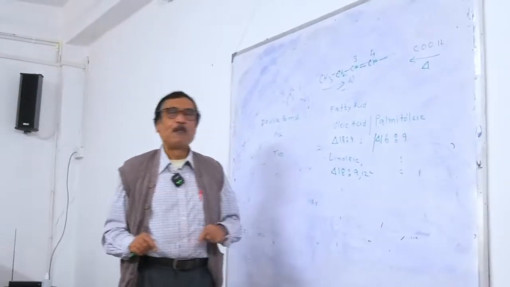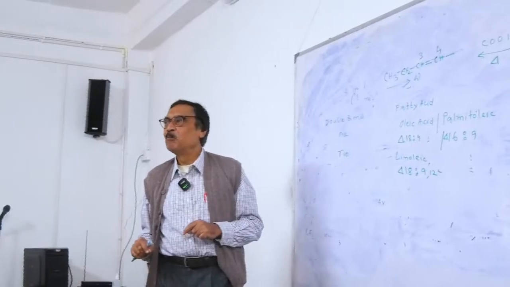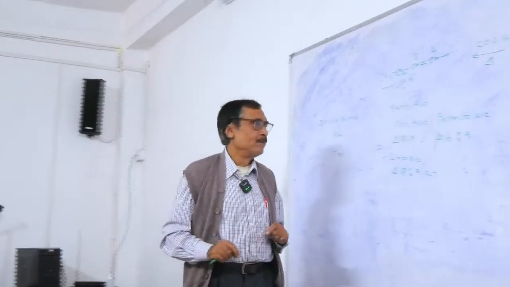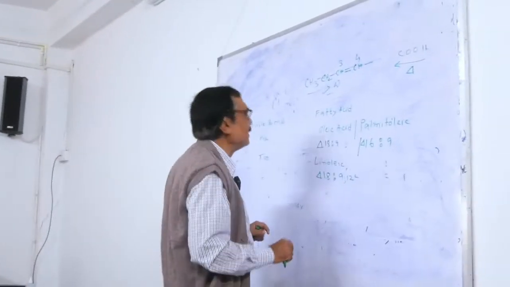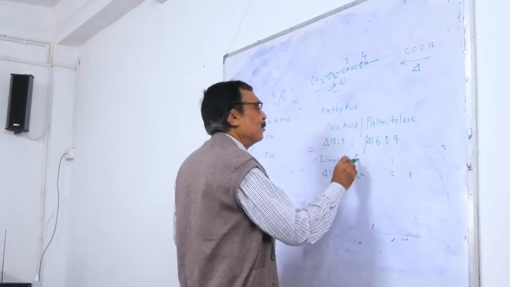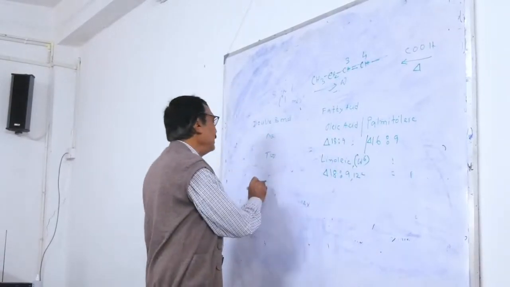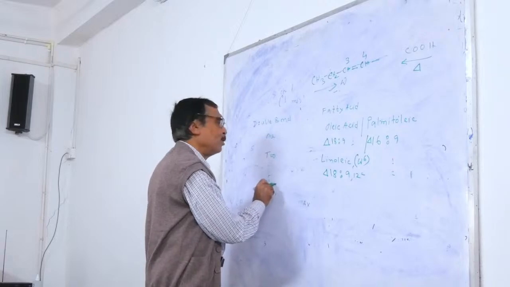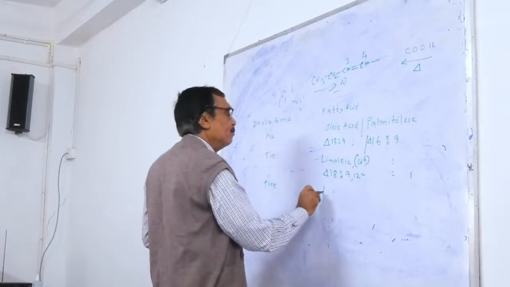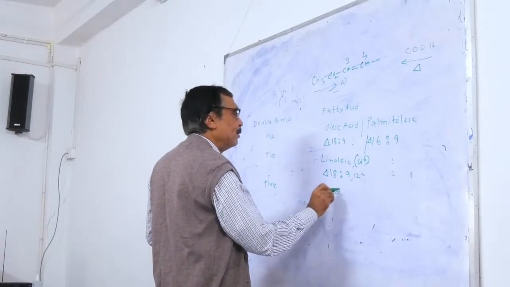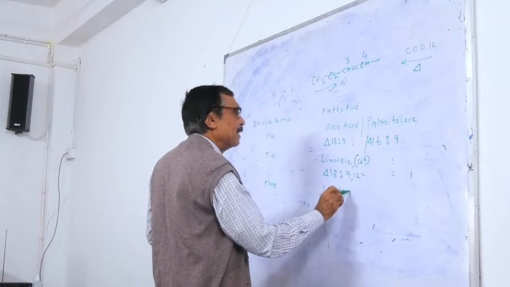তাহলে লিনোলিকটা কি হবে? ওমেগা 6 না ওমেগা 3 হবে? লিনোলিকটা কি? ওমেগা 6। তিনটে ডবল বন্ড বলো, নাম বলো। লিনিক,